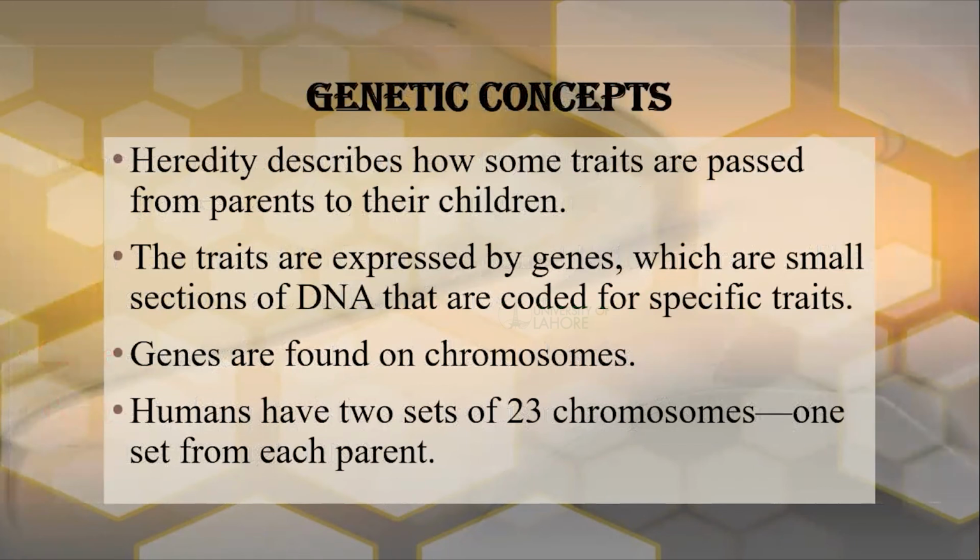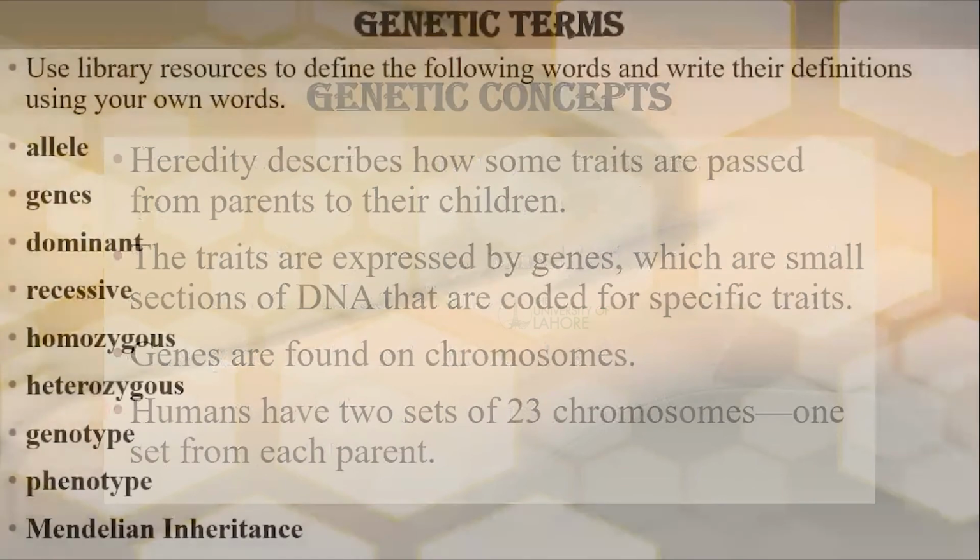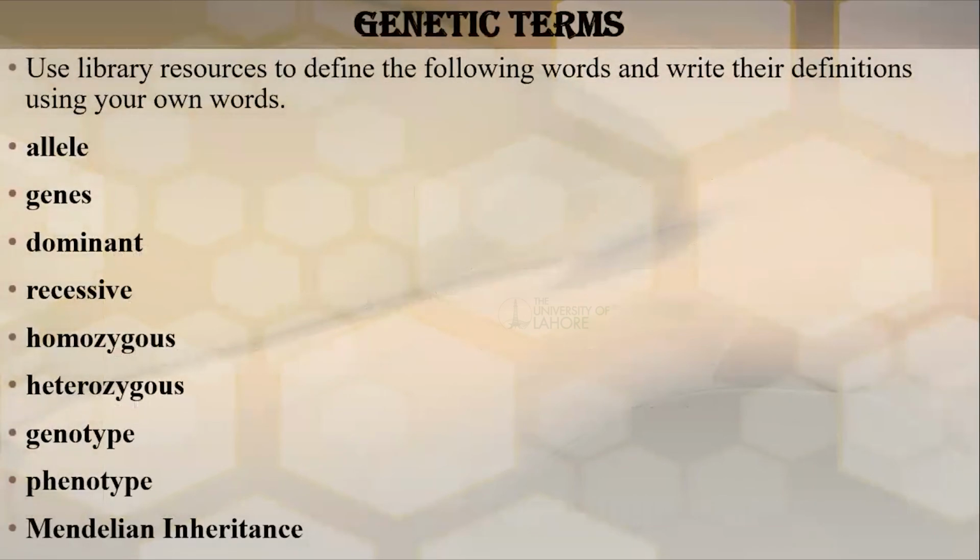Gene concept: heredity describes how some traits are passed from parents to children. The traits are expressed by genes, which are small sections of DNA that code for specific traits. Genes are found on the chromosomes. Humans have two sets of 23 chromosomes, one set from each parent. We have different categories of genetic information: allele, gene dominance, recessiveness, homozygous, heterozygous, genotype, phenotype, and